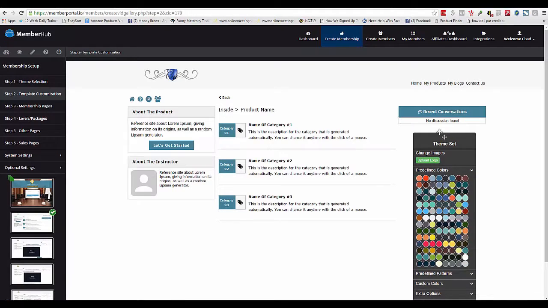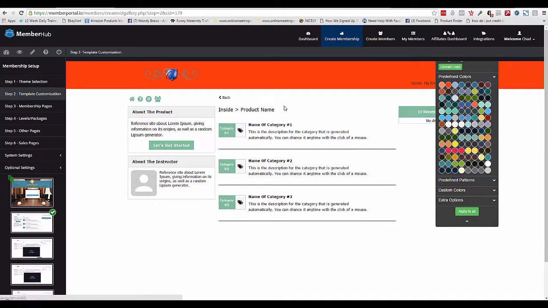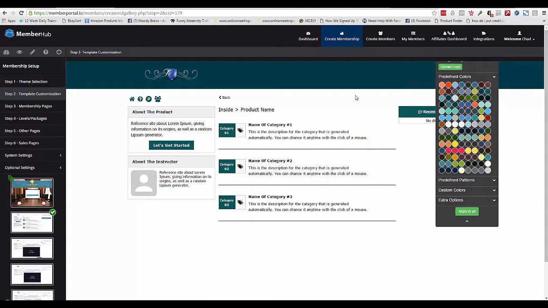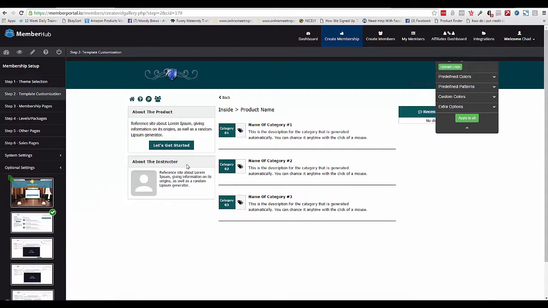If we come over here to predefined colors, guys, we've already done all the work for you. So maybe you like these colors. Maybe you like these colors. See how nice these match? So you can very easily come over here, and what you're doing is you're creating your master templates. So if you say, okay, cool, I like these colors, I can go ahead and click the Apply All button, and that's it. Now what we've done is we've created master pages for you to go and create your